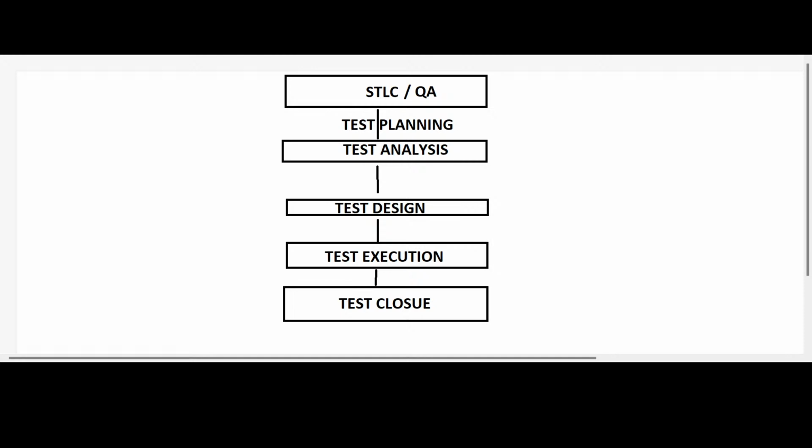It will explain all the functionalities of the product in detail. That document is called the functional requirement specification document. So these are the two documents we are going to use during our test analysis to understand the complete